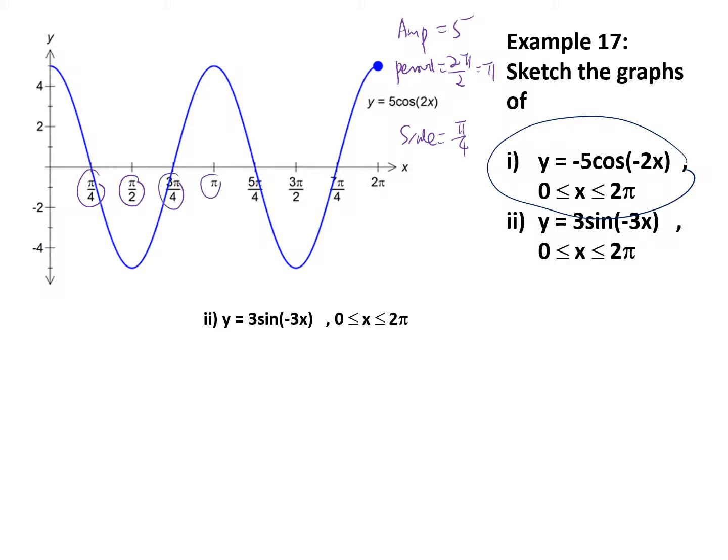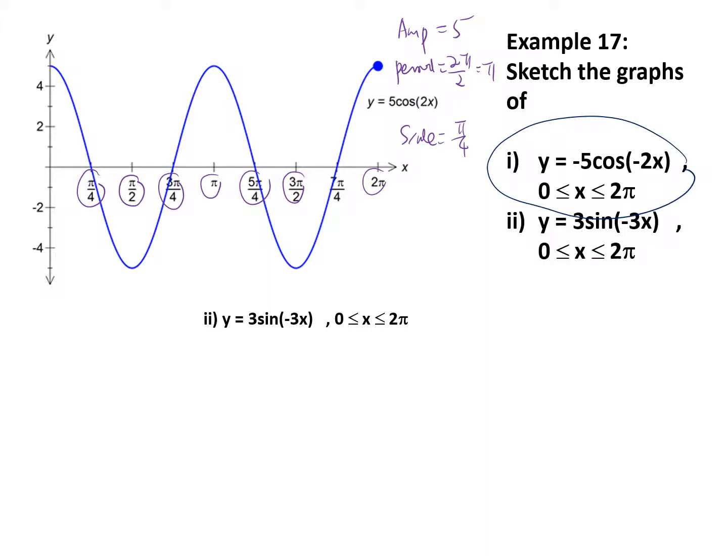So you start with pi on 4 and keep adding pi on 4 to that, 5 pi on 4, and you keep going on until 2 pi. I actually start this graph with just a basic, without any reflections. So I start drawing y equals 5 cos 2x. But of course, we're not going to do that in future, just to show you what happened,